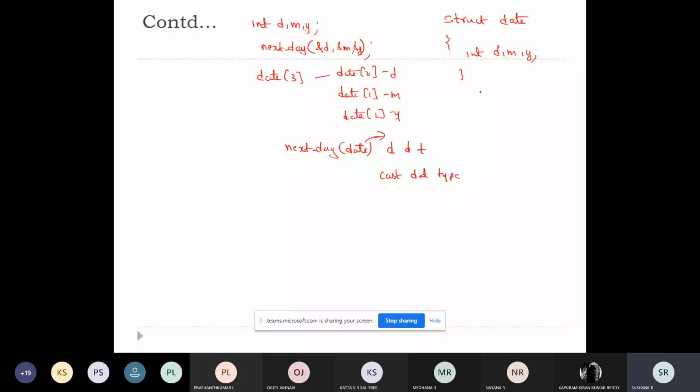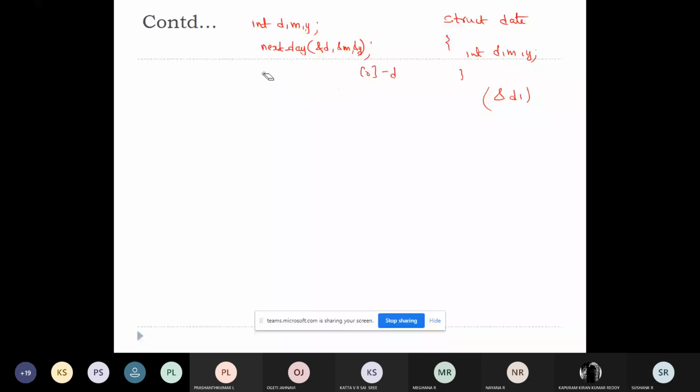And you cannot do the mix-up because we'll be passing the address of the entire structure. That is the usefulness of struct. This is what we discussed till now. Any doubts?